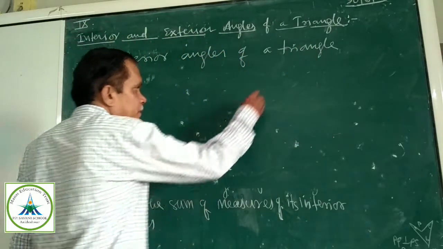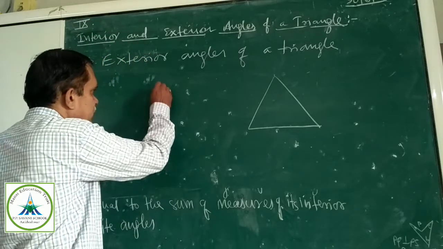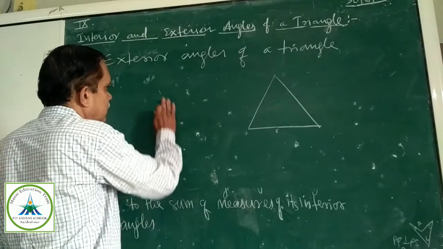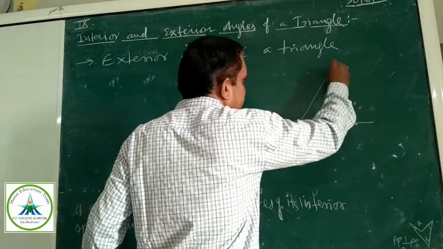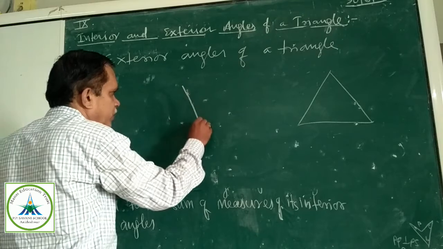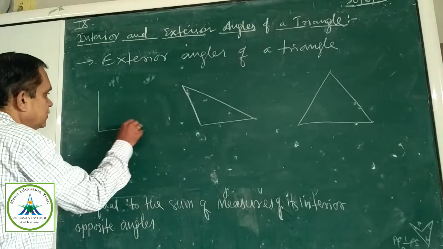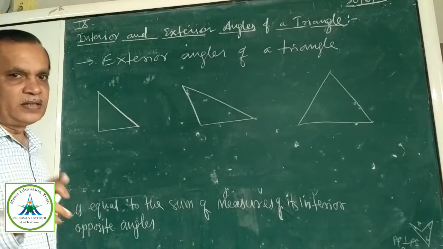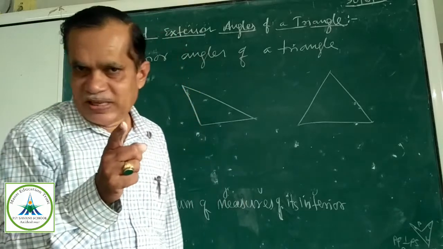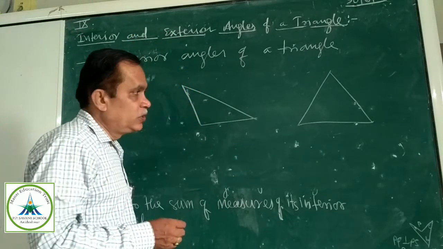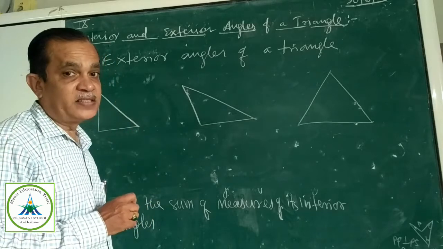I am drawing a triangle. See, I can draw an acute triangle or an obtuse triangle. I can draw a right triangle. A triangle can be either a right triangle or an acute triangle or an obtuse triangle. These are the only possibilities. Now let us produce the sides, extend the sides,